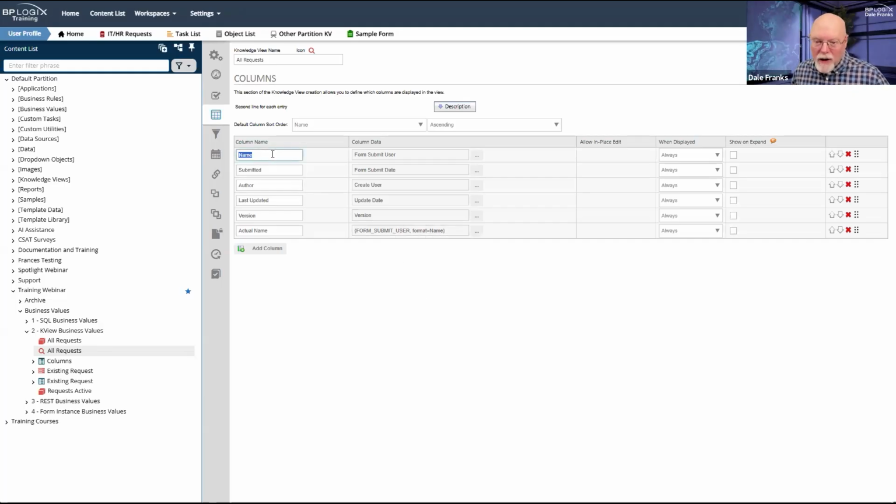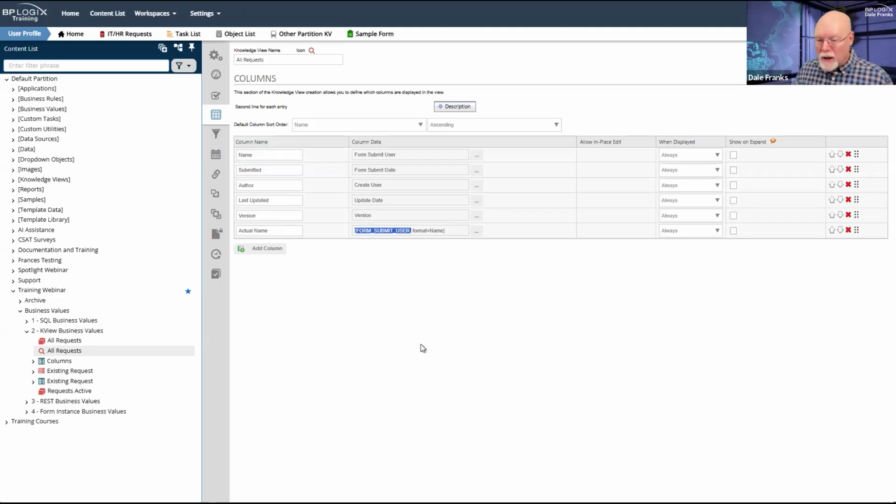Don't try to do it in column 1, because that is a GUID column, because that is a key column that provides the link that you would click from the knowledge view to go wherever it was that you needed to go. So you're going to want to go to one of the other columns, and you don't want to return, like in this case for a user, just a user system variable, because that user system variable in the context of a business value is always going to return the GUID, because that's what's actually being returned is the GUID.